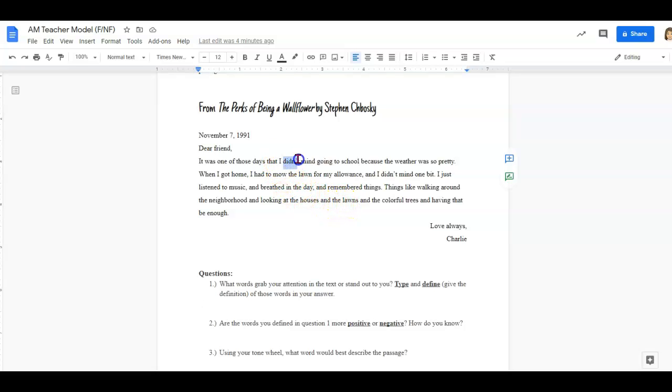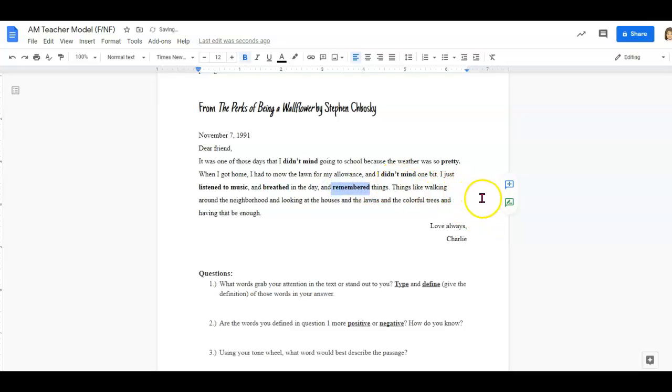Okay, so something that stood out to me is that he didn't mind going to school. So maybe that makes me think that it was a good day for him. He says that the weather was so pretty. When I got home, I had to mow the lawn for my allowance, and he didn't mind. So again, we're repeating that didn't mind. He was okay with doing it. He listened to music. And typically when someone's listening to music, you're relaxing, you are just chilling out. He breathed in the day. So breathed,